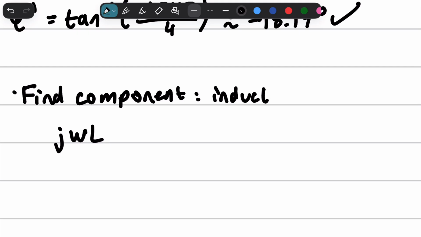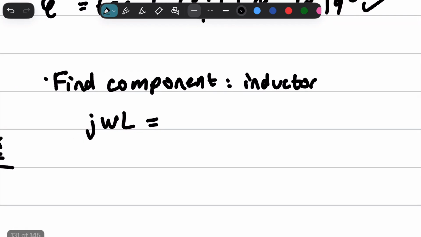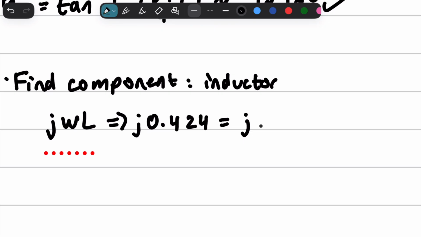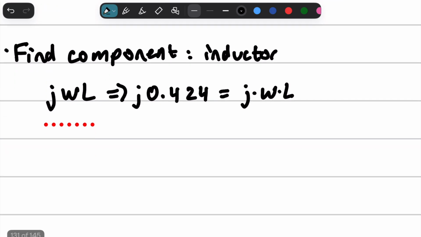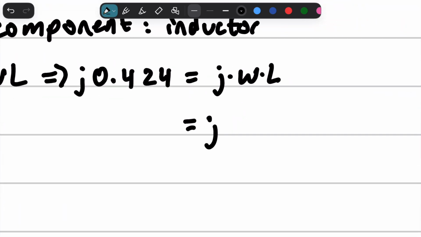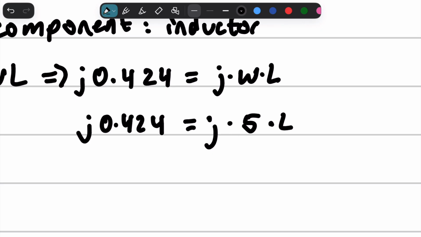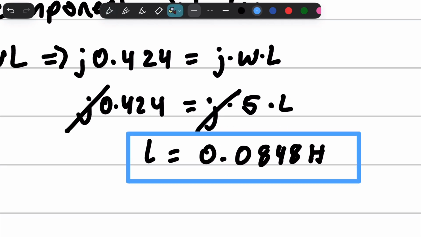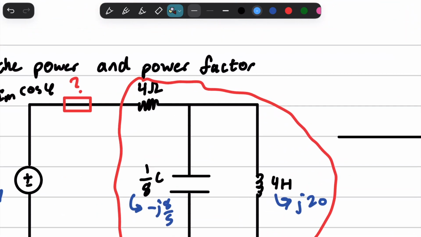So the component that we're going to use right now is an inductor. And so we're going to go ahead and have our relationship here, and we know that we want j 0.424 taken away, right? And that's going to equal omega L. And the good thing is we already know what our omega is because it's right here, right? So we still do need that sinusoid even though we ignored it at the beginning. And we can now solve for L. So these j's cancel out, and we get that L is equal to 0.0848 henries. And so this is the component that we would be adding to increase our power factor